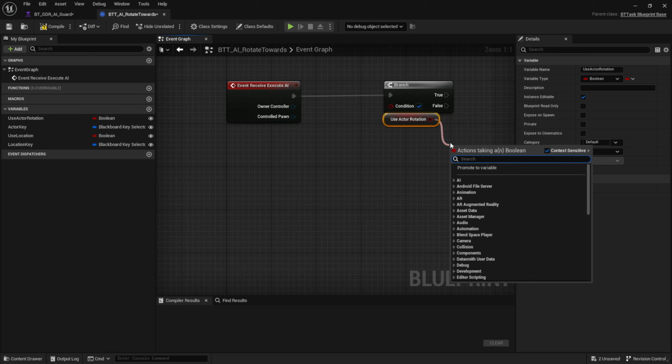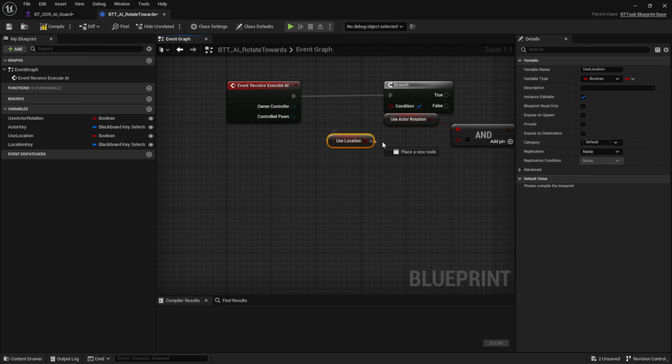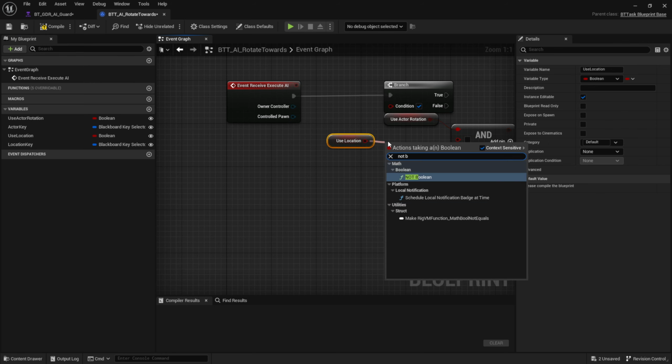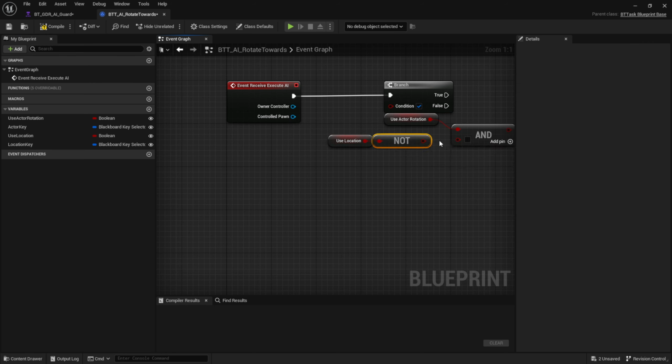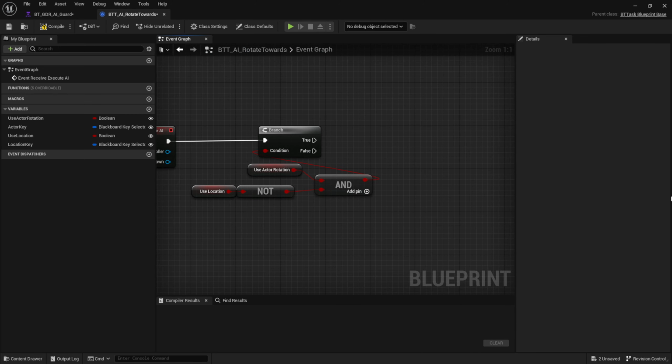So let's make it a little bit fail safe in here. So we're going to grab the use location and add a not boolean to make sure that if we have both of them selected in the details panel, it will not mess up entirely. It still messes up a little bit, but